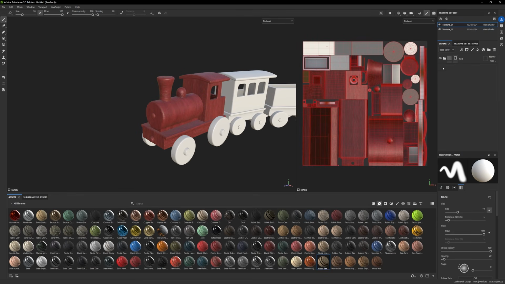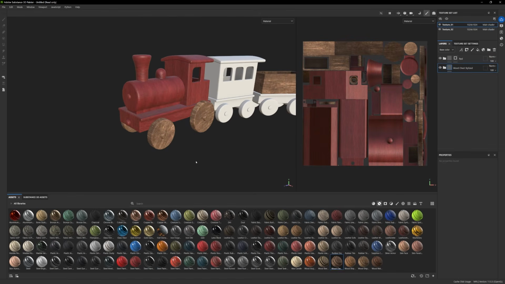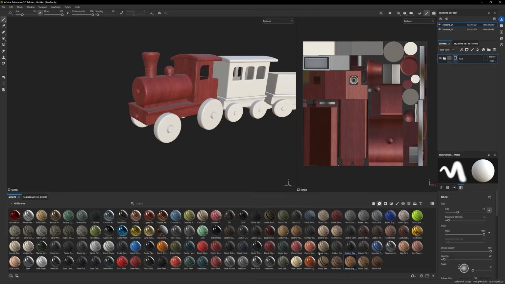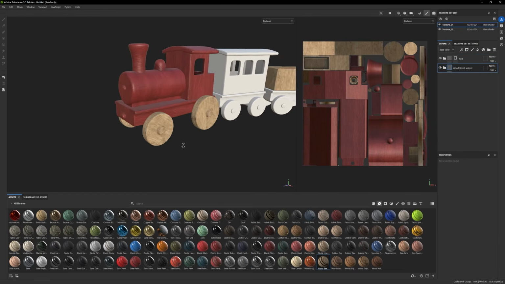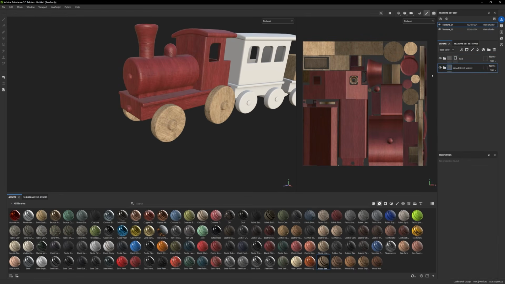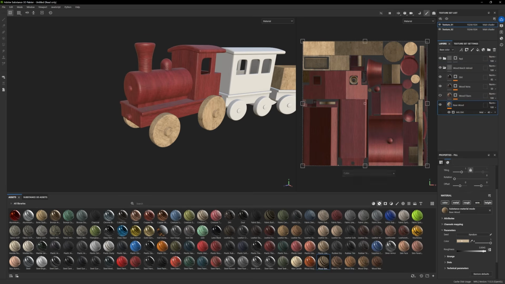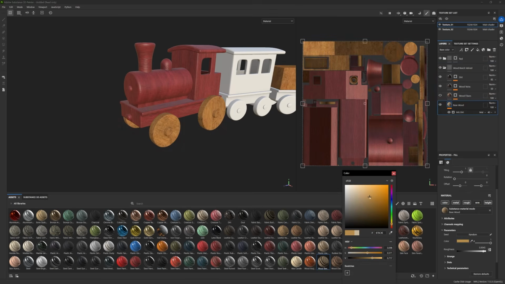So let's go ahead and add another wood. So we're just gonna use the same one. You can experiment by dragging some on to see what works and what doesn't. But what I'm gonna do is just reuse this one. I like the direction. We're gonna remove those ones I don't want. So let's change the color to more of a yellow. What you can also do is use the eyedropper, and I can go to my other screen and eyedrop a color if I want. Sometimes it doesn't work as well, but